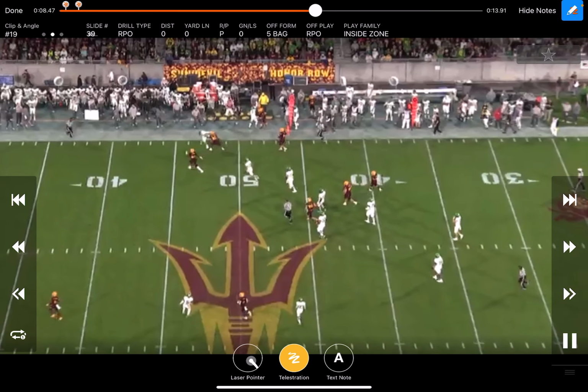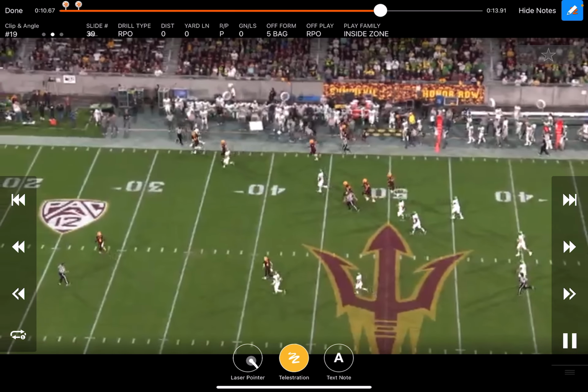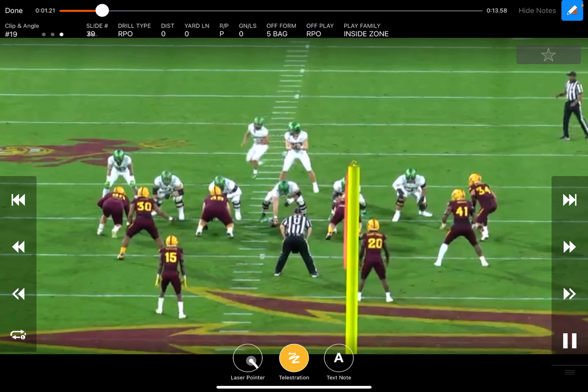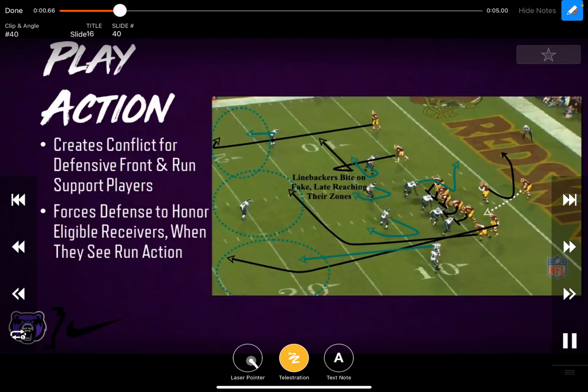RPO stands for run pass option. Again, we have the option to run the ball or pass the ball. Easy, all you're doing is trying to outnumber the defense in whatever area you're trying to do it. But the big one is, some teams don't do the option, read option, triple option, whatever you're talking about. Some teams don't do run pass options, the RPOs, but most teams that really run the